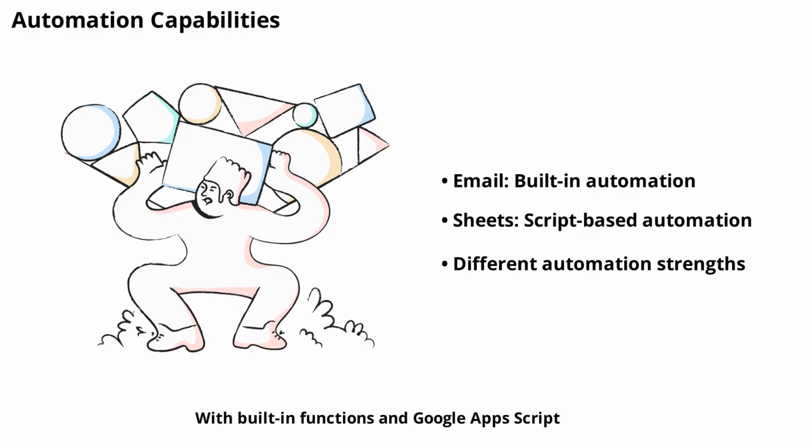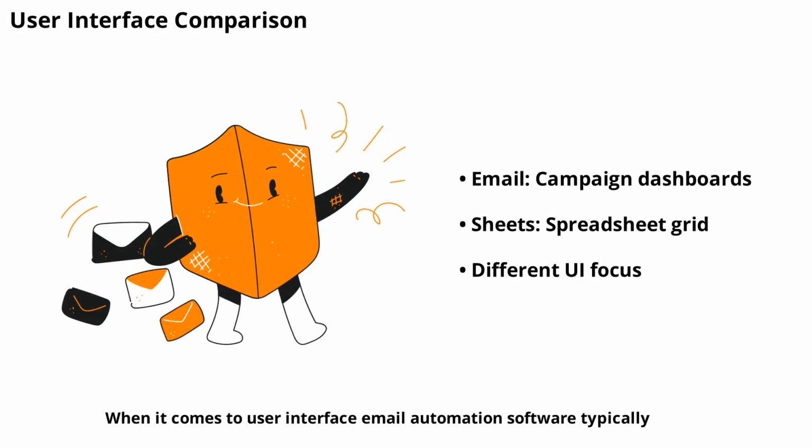With built-in functions and Google Apps Script, you can automate calculations, data imports, and even some workflows. However, automating emails from Google Sheets requires additional scripting or integration with other tools, making it less straightforward than dedicated email automation platforms. When it comes to user interface, email automation software typically features dashboards for managing campaigns, templates, and